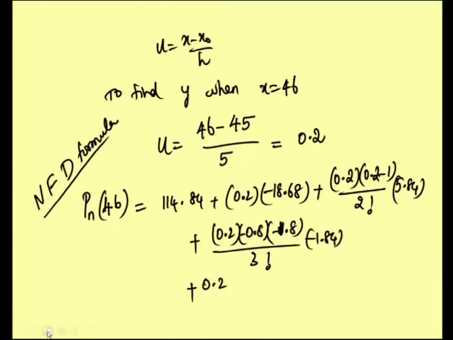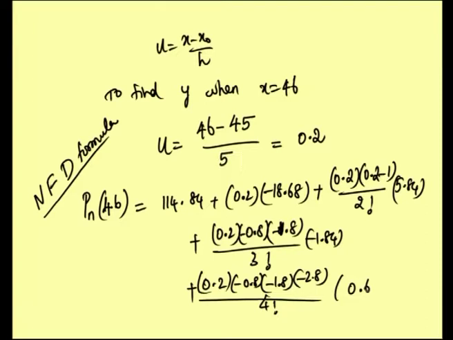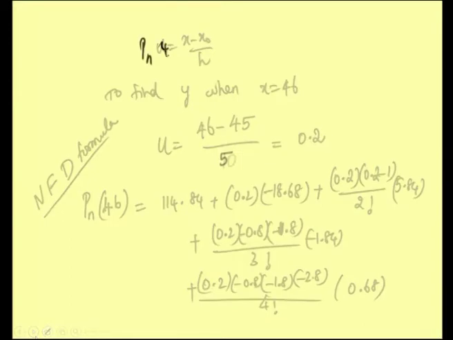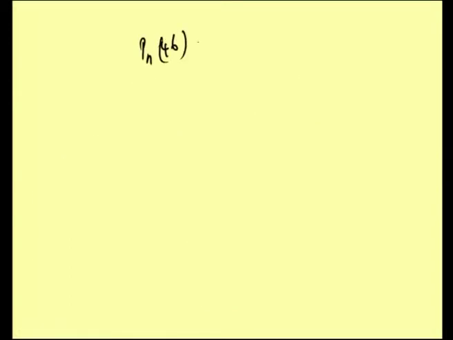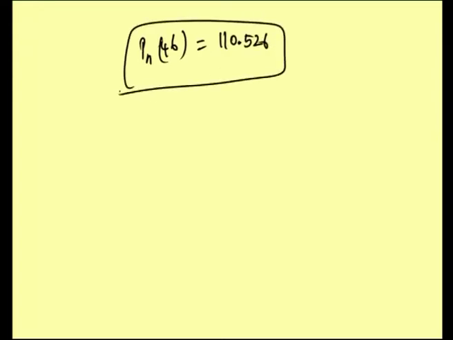plus 0.2 into minus 0.8 into minus 1.8 into minus 2.8 divided by 4 factorial into 0.68. And this value after calculation comes to be equal to 110.526. You can see Pn of 45 that is given in the question is 114.84 and Pn of 46,